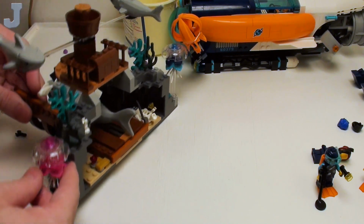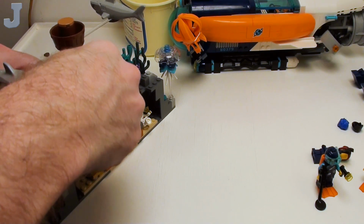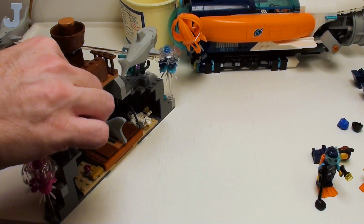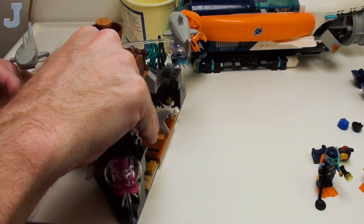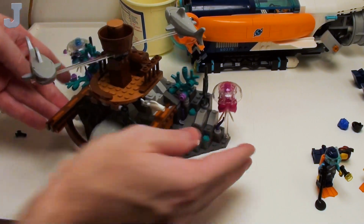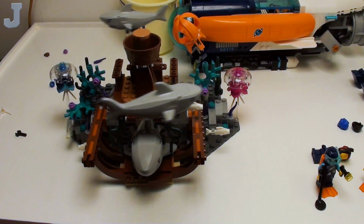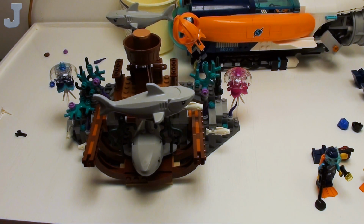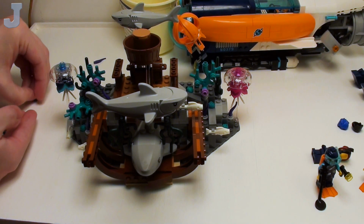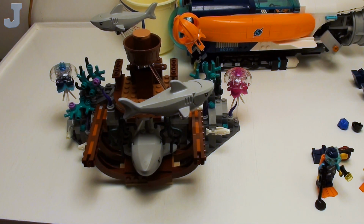So this goes right in here. All right, let me just move that out of my way and take that out, and then it goes right here. Okay. And that's it. All right, and then we just need to pick up our extra pieces. Not a whole lot of this stuff, except for the white stem, but I pretty much have all